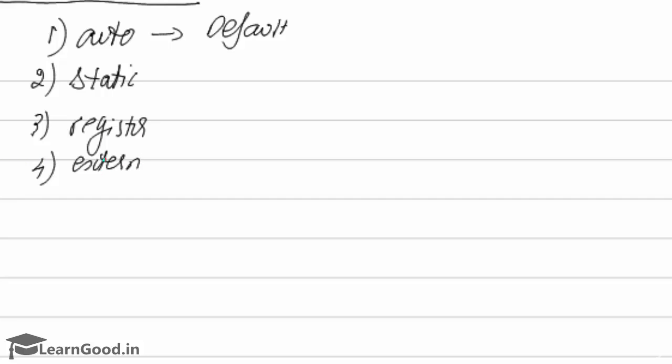I repeat once again, the storage class specifier will specify where the variable has to be stored, in which part of the random access memory the variable has to be stored. Second, it will specify the life of a variable, whether the variable should live only to one function or else throughout the program. Third, it will specify the scope, the visibility of a variable, whether that variable what you have declared should be available only within the program or also outside the program.